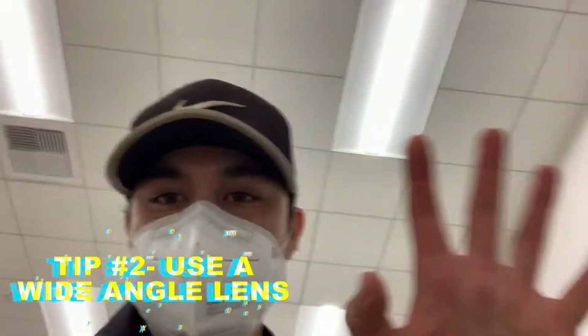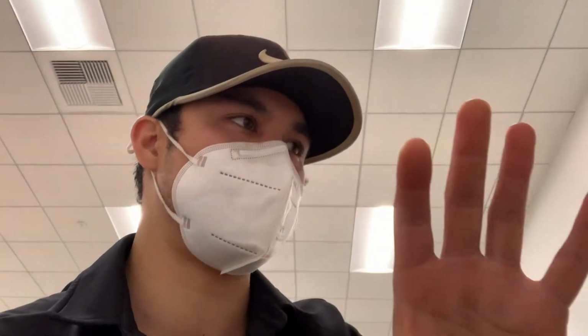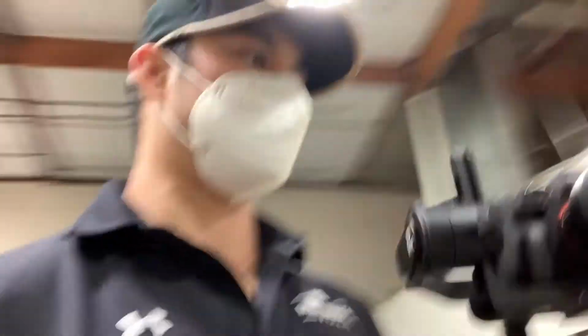So when it comes to properties, whether it be commercial or residential, it's very important to get wide shots. So make sure to use a lens that has a wide angle, whether it be 20 millimeter, that is ideal. If not, you can get away with a 24 millimeter. Right now, my lens right here,